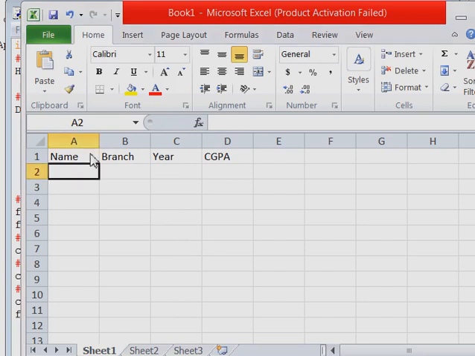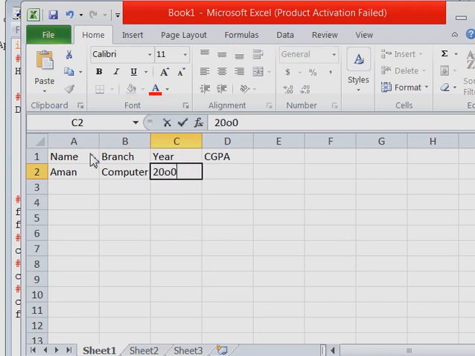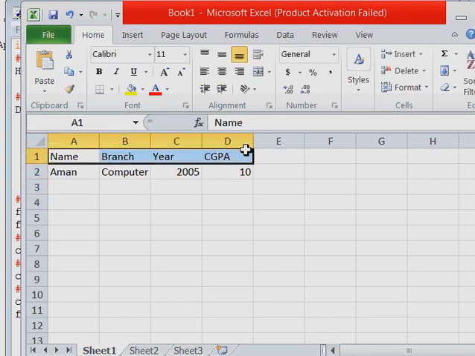First I have typed name, branch, year, CGPA, and then if I type any name here and then any branch, computer, year 2005, and then CGPA 10, then this is the first row in which I have mentioned the data. You can say I have explained the data below that row.